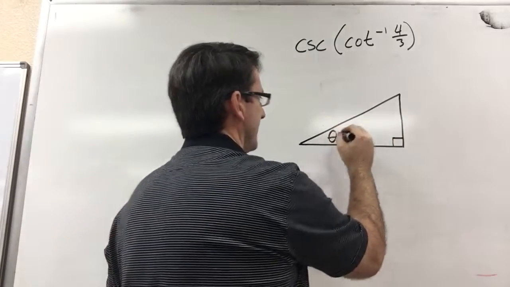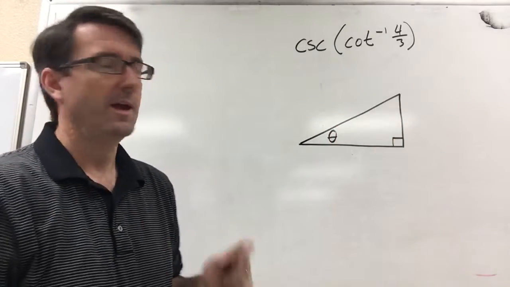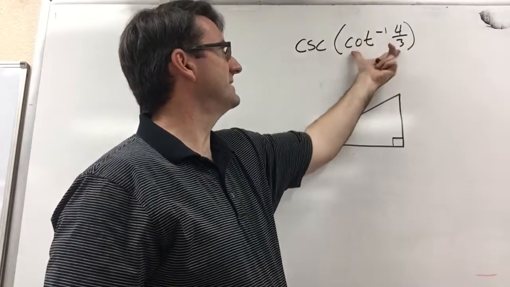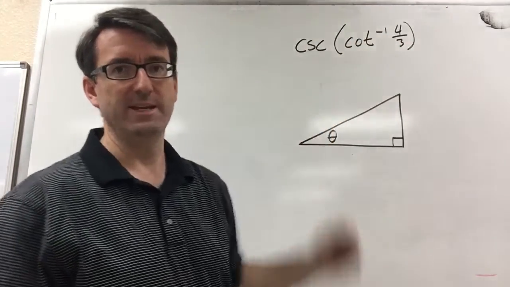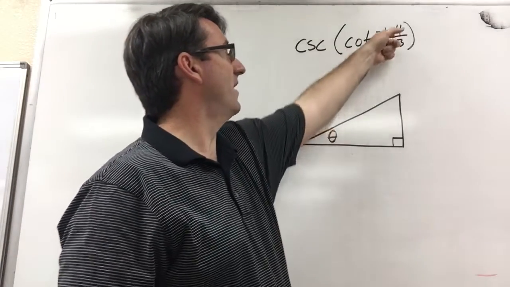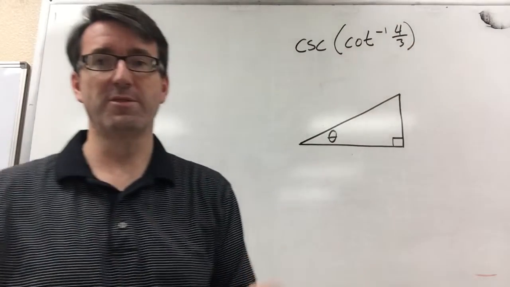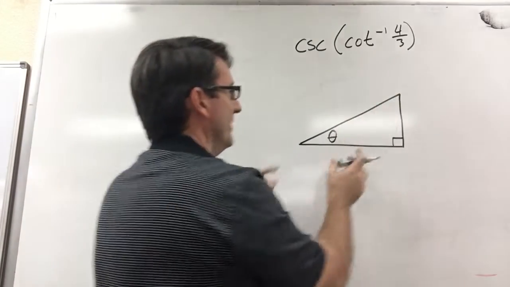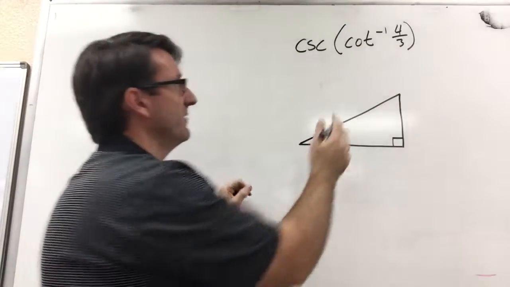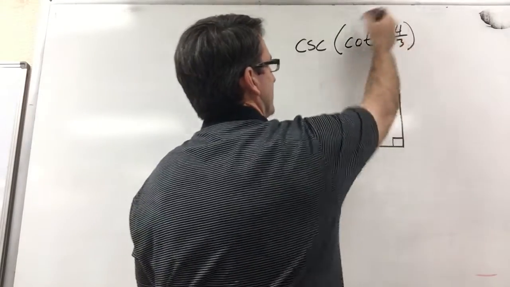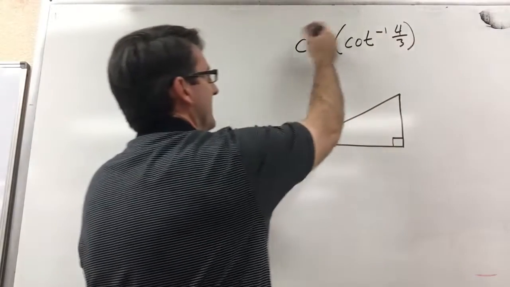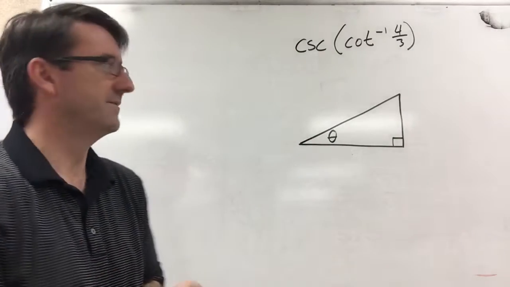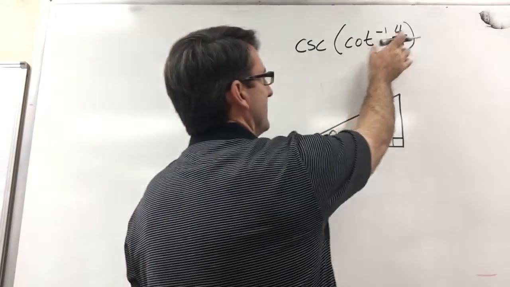and call this angle theta. And the reason that we want to do that is because what this inside the parentheses means is the cotangent of what angle is 4/3. And if we can figure that out, we don't need to figure out the angle, but if we call this all in here theta, then we can find the cosecant of that angle. So the cotangent of what angle is